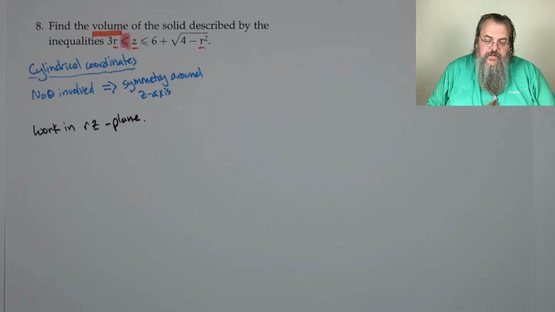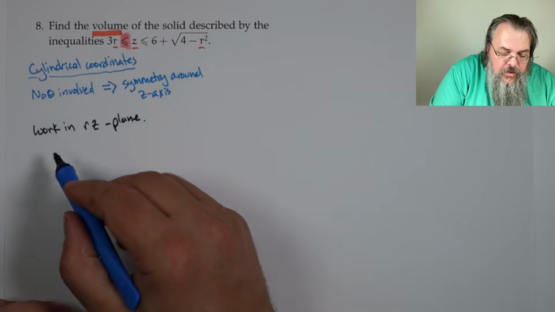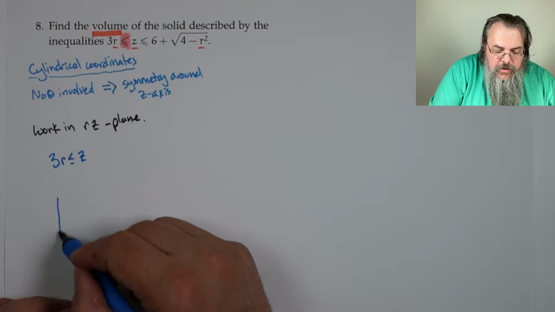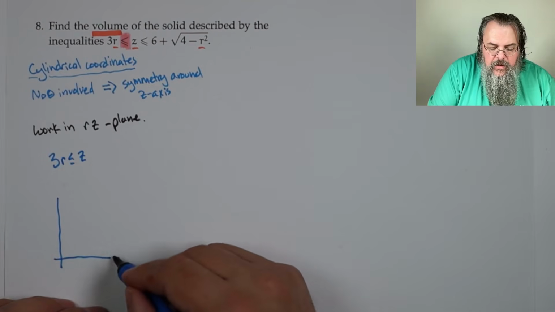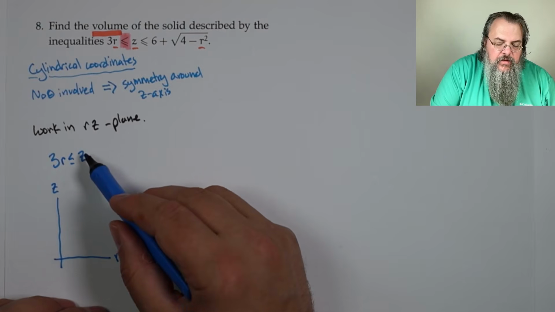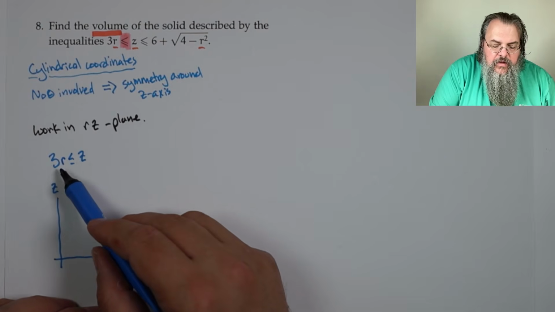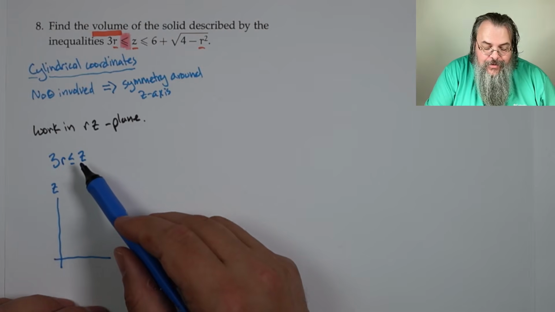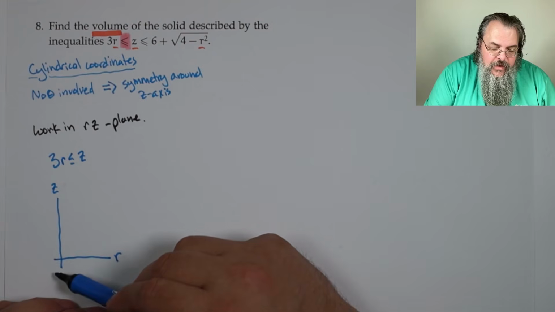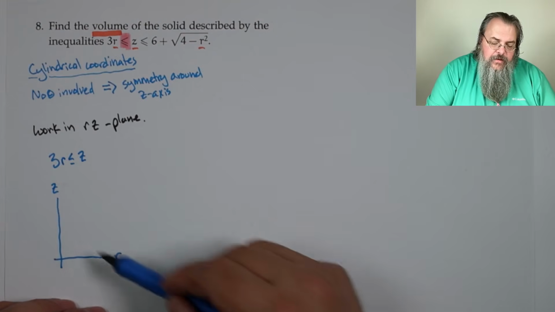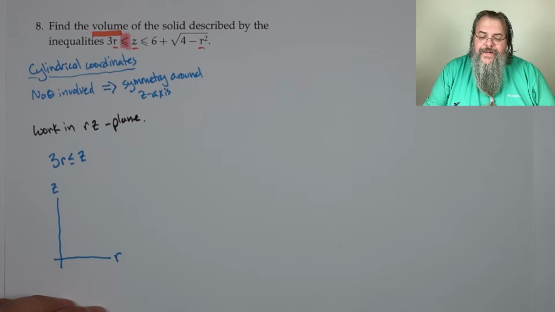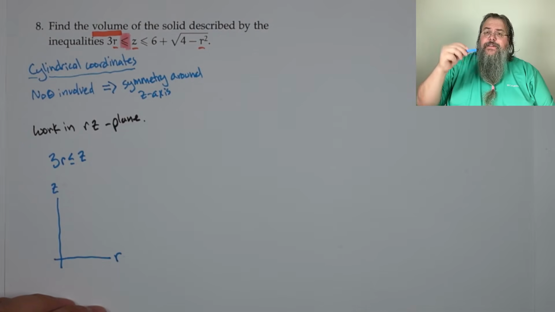3r less than or equal to z. So we have 3r less than or equal to z. And we're in the RZ plane. Another way to think about this is, well, think of this as z is greater than or equal to 3r, right? That's just another way of saying that. So if you wrote z equals 3r, and if you were to plot, now you might say, well, I'm not comfortable with r's and z's. Think about it in terms of y's and x's. If I said y equals 3x,